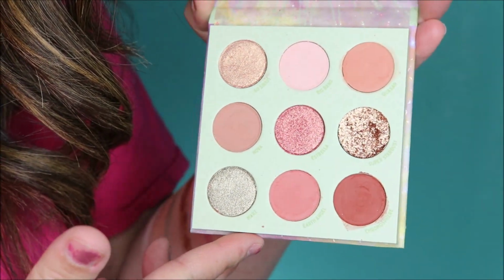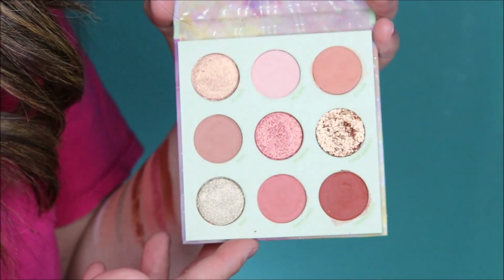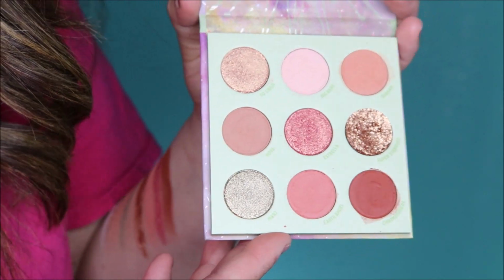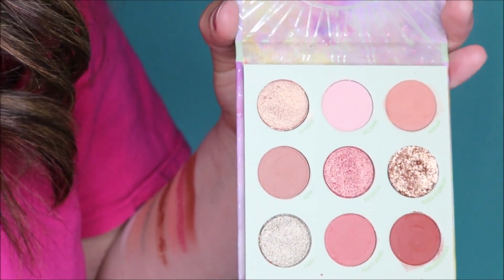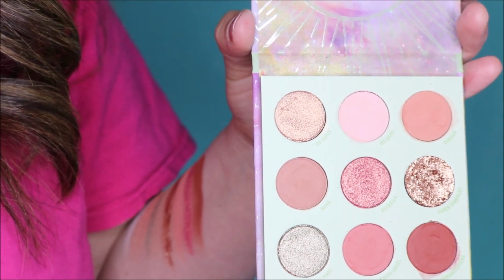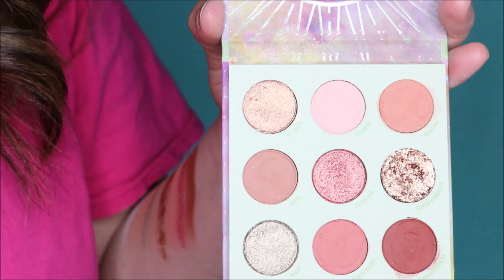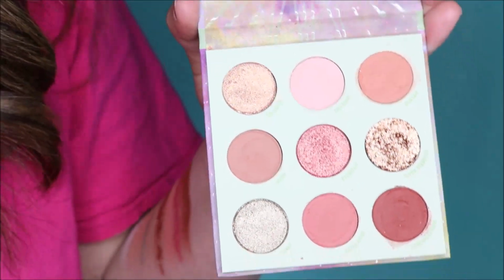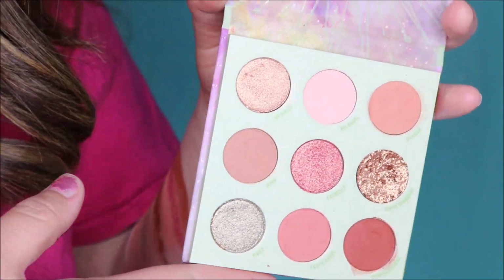There are a lot of peachy tones, which we've seen ColourPop do a lot in the past. And this is sort of a newer-ish type of formula. When I swatched it, it was definitely a little bit difficult to swatch. It's almost like a pigment that is made as a pressed glitter. Have you ever touched a pressed glitter and it's very smooth and you swatch it and it comes off very chunky? That's kind of how this was, and very crumbly,